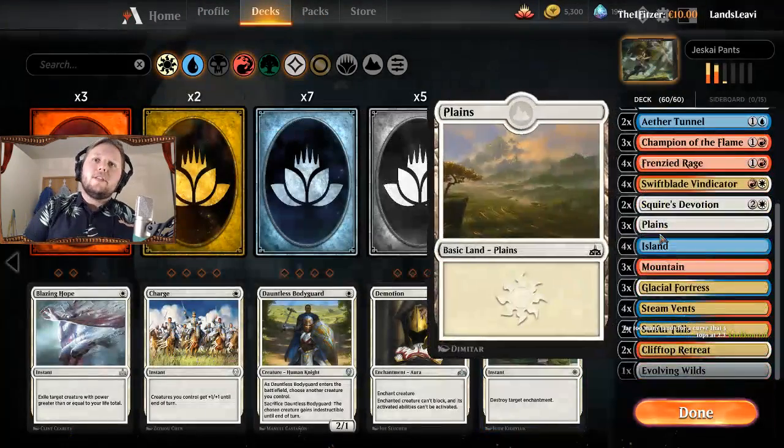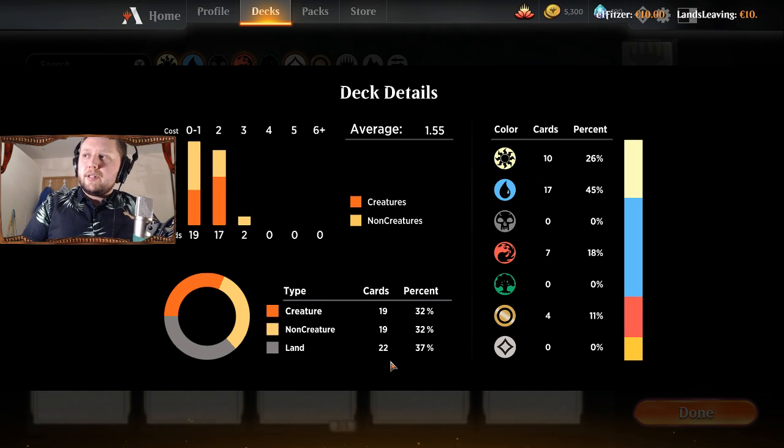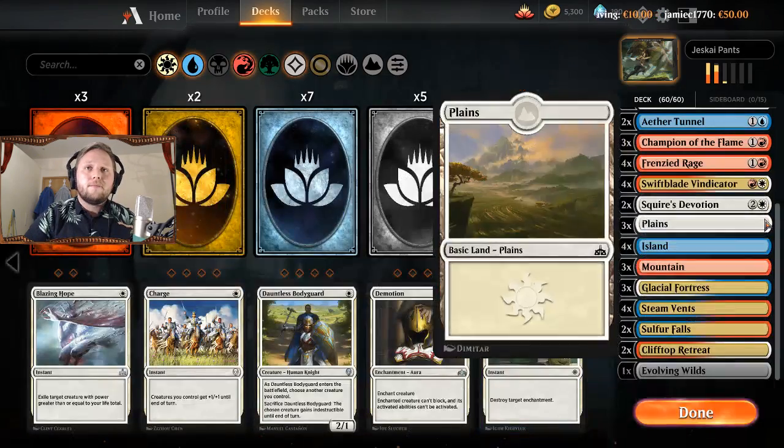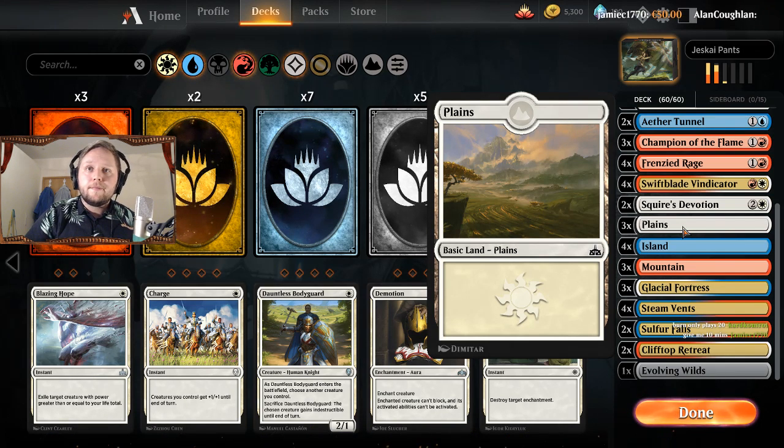Yeah, we see this is the thing. It's 22 lands, I believe. Yeah, 22 lands is reasonable, and also bear in mind that the way that Arena draws cards is a bit strange. I mean, I could drop it to 20, give it a go, and see how it plays. Yeah, I'll drop it to 20 and see how it goes. I know Burn only plays 20. I think I'm gonna drop a